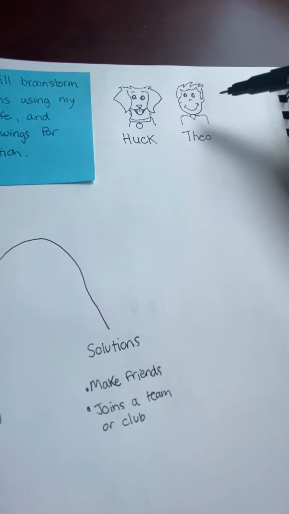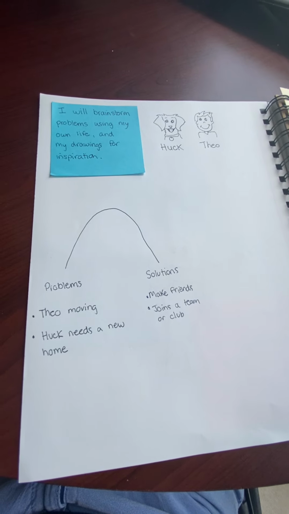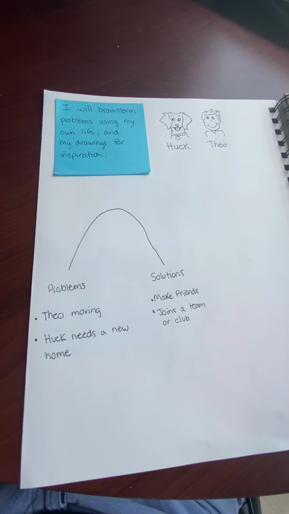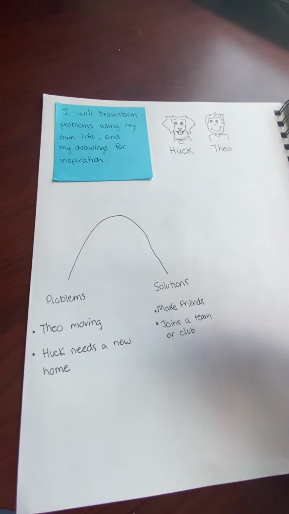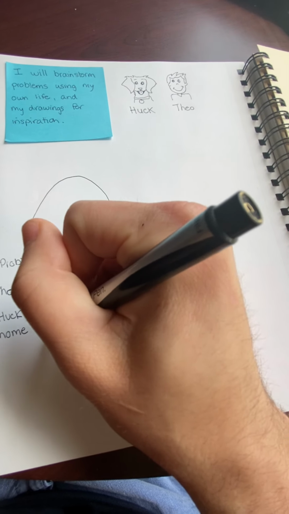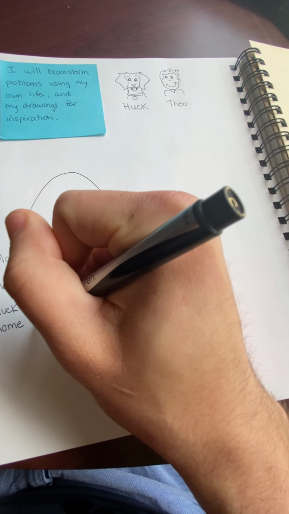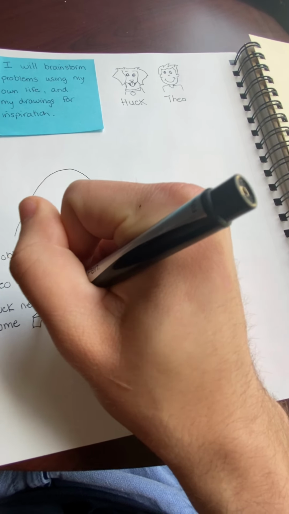Because when you move from one place to another, your space isn't the same. So maybe Huck had a doghouse at his old house, but when Theo and Huck moved to this new house, maybe there's no doghouse. So a possible solution, obviously they could try to see if their parents can buy it, but